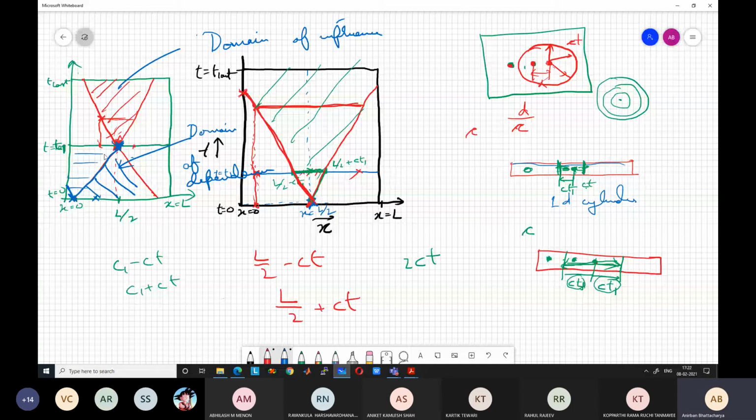So this line is just the limiting point at which this region comes within the zone of influence. If I take another point beyond this point here, its zone of influence will not include this point. So any point outside this original line, their zone of influence will not include this point. So we are trying to find all the points whose zone of influence includes this point. Those points are the zone of dependence for this point.